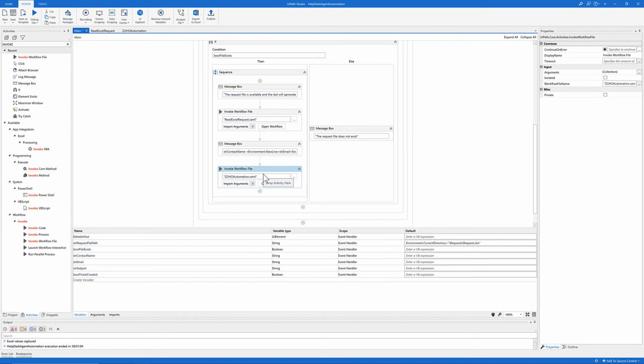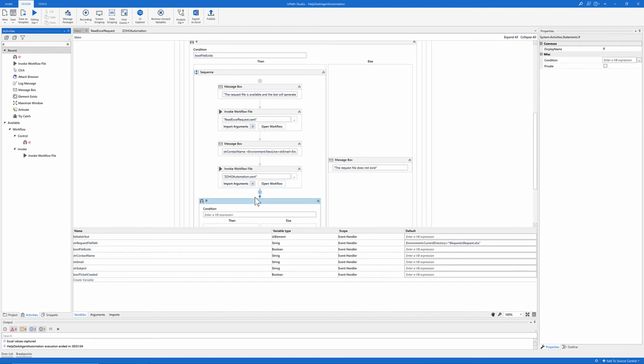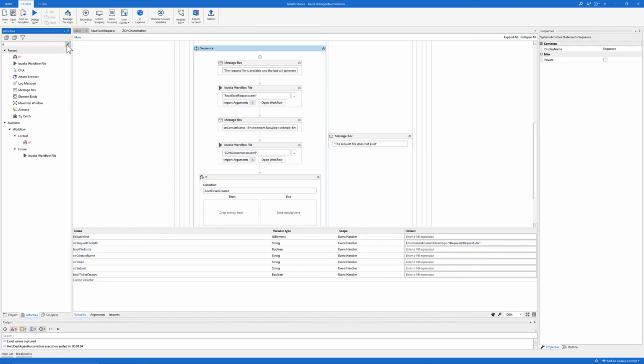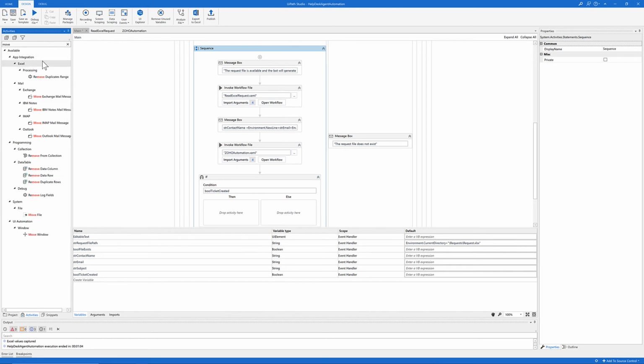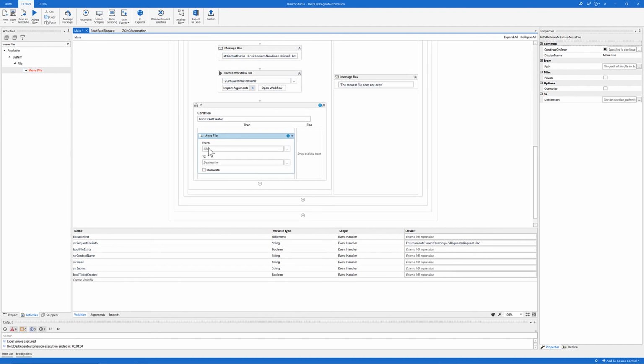So remember what I said before, if we have the ticket created, then we want to move the file from the requested folder to the processed folder, right? So we also have an If activity here. So if we have the Boolean of ticket created, if it's true, then we want to move the file from the request folder to the process folder. And to do that, we can use an activity called Move File. So here we want to move the file from the variable we already have here, called string of request file path. We want to move this file to